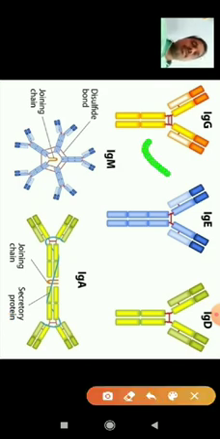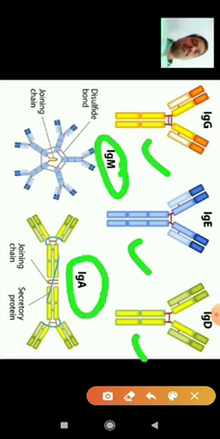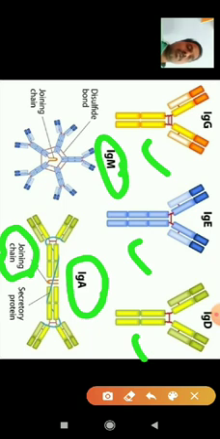Easily identified: this is IgG, immunoglobulin G, antibody G, antibody E, antibody D, and this is antibody A and antibody M. Immunoglobulin alpha has two antibodies joined with a J chain, the joining chain. The joining chain is present between the two antibodies, and at the same time another component, the secretory protein, also binds the two antibodies in IgA.